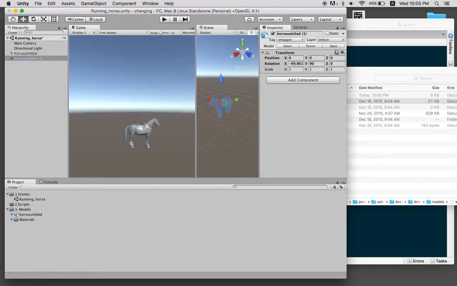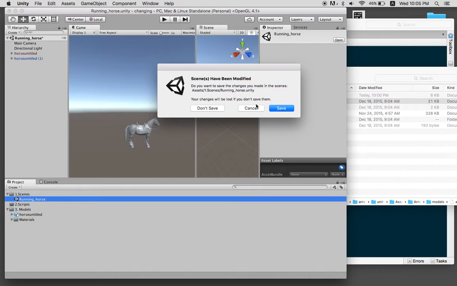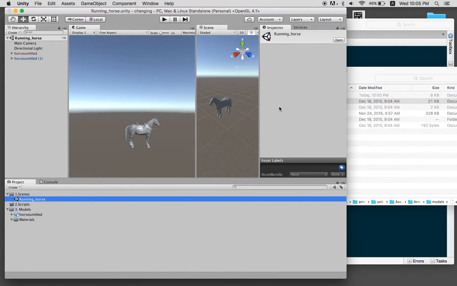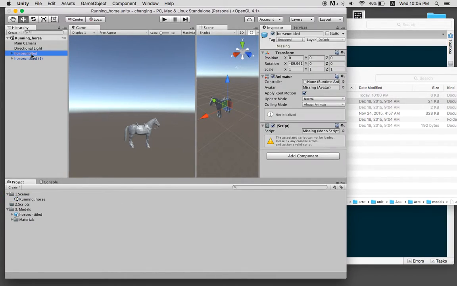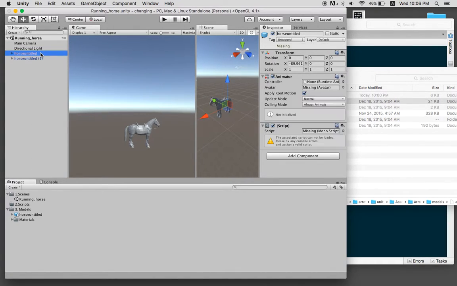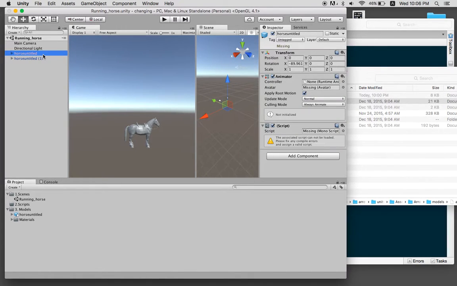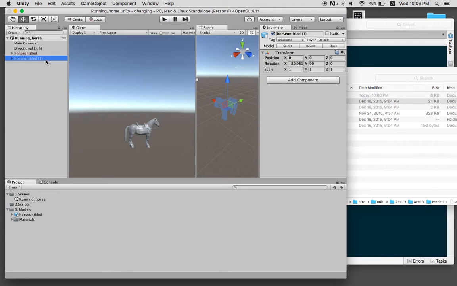Let's do that. And then after you get that model set in place in your scene, we're saving it. You can basically do all sorts of things to this horse. And what you can do is also